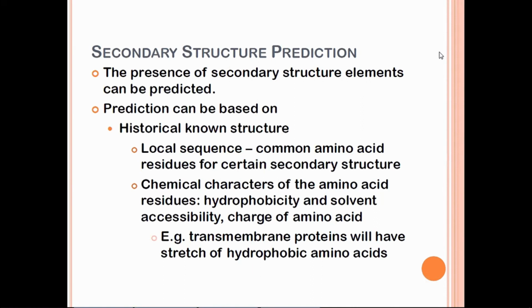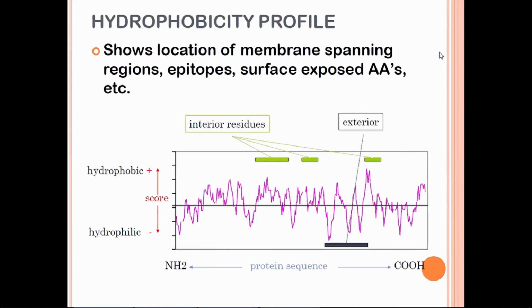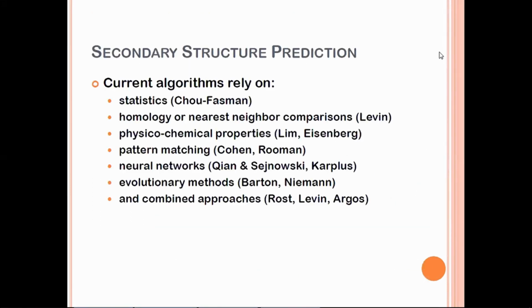And then another thing that you can predict is secondary structures. Yeah, secondary structure of your protein, either alpha, beta, or turn, it can be predicted. Boleh, ya. Guna apa? ExPASy can calculate for you as well. Yeah. So there is an algorithm implemented in ExPASy that will calculate the secondary structure of your protein. It depends on, you know, whether you have hydrophobic amino acid, hydrophilic amino acid, and from there, you will get theoretical secondary structure of your protein.